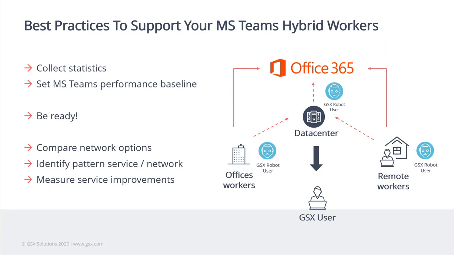And for that, you just have to install JSX Robot User at your main offices and on selected VIP users that you want to troubleshoot, for example. And this will test the service continuously and help you troubleshoot in case of issue. So thanks to that, you have 24/7 statistics on service delivery wherever the user is. With that in place, you now have all the data you need to analyze, make changes, see the result on the service quality, and be able to justify, from really an end-to-end perspective, the quality of service delivered by Office 365 to your business line.